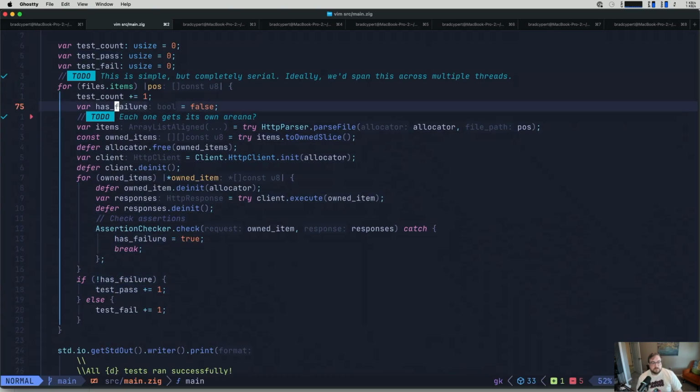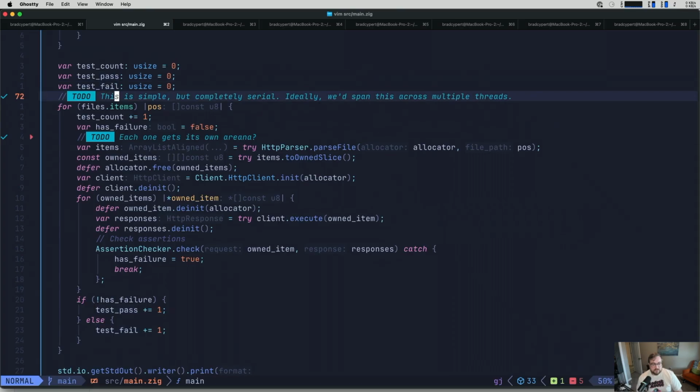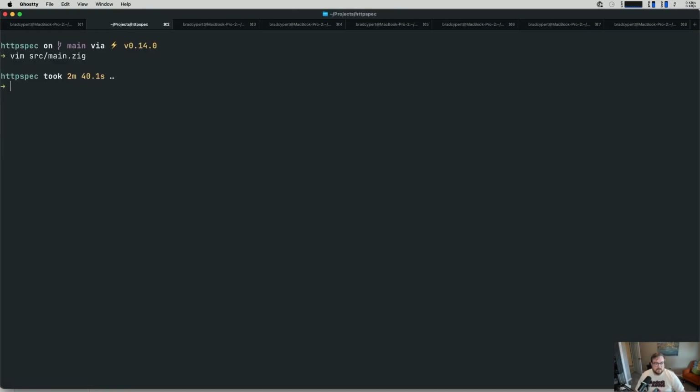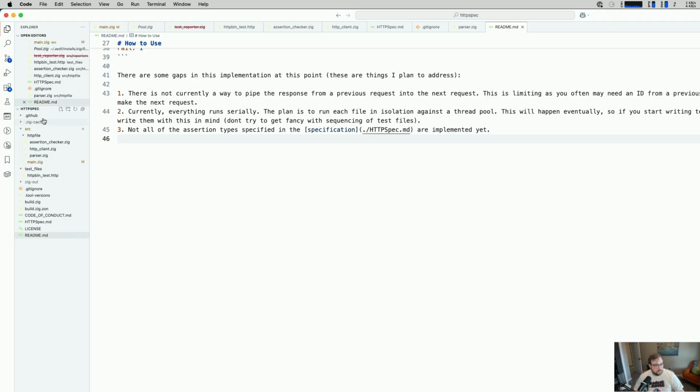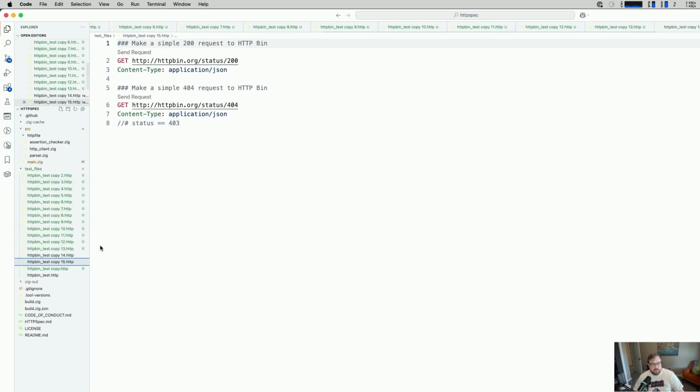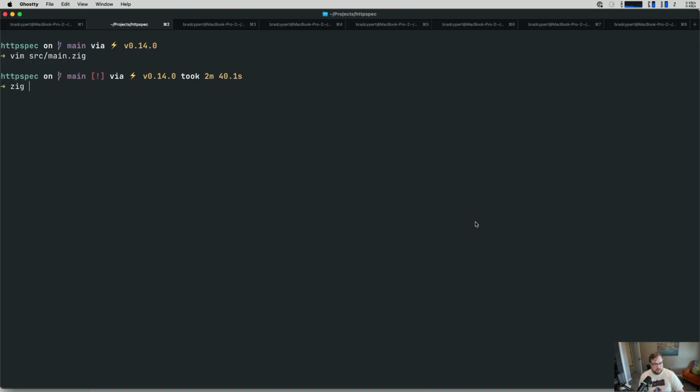I want to thread this, right? I want to run this against the thread pool, because right now we run this serially, and what we can see is that this runs kind of slow. So for example, let's save that. We'll come back here. I actually have VS Code up in the background. I was doing a little bit of finagling, and this is super quick. I'm just going to create 16 copies of our test case. So now if I come back here and do zig build run,